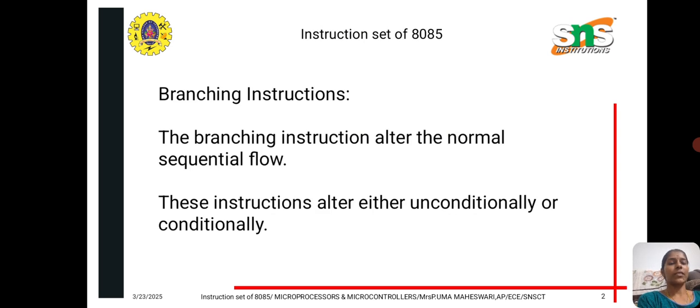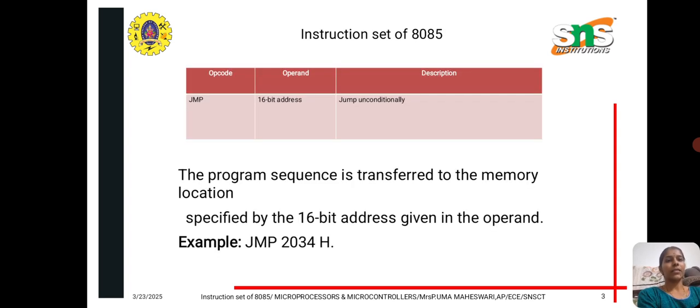In this instruction set of 8085 we have branching instructions. Branching instructions alter the normal sequential flow, either unconditionally or conditionally. The first is the jump opcode, JMP. The operand is a 16-bit address, and the description of this opcode